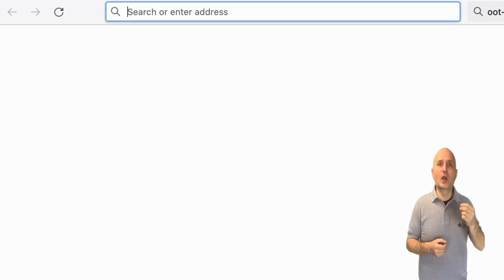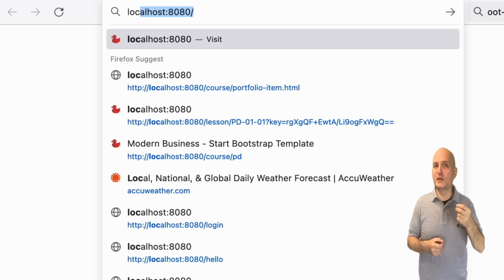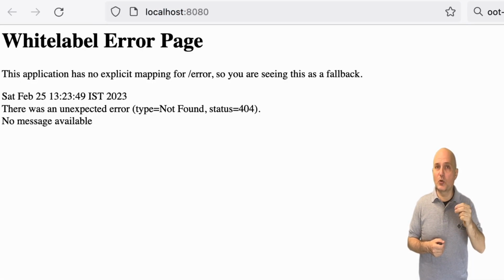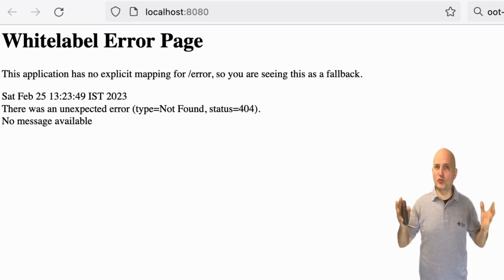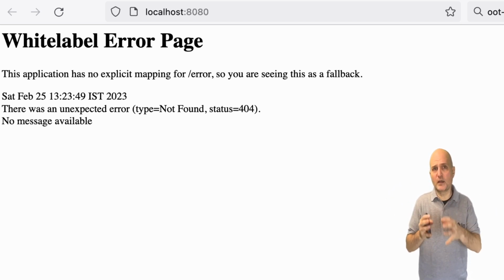Going to the browser, we will navigate to http://localhost:8080. This will open the following error page, which doesn't seem like much, but it means the web server is working correctly. By default, Spring Boot uses the 8080 port for HTTP. The reasons behind this are both technical and historical, and I won't get into that here.